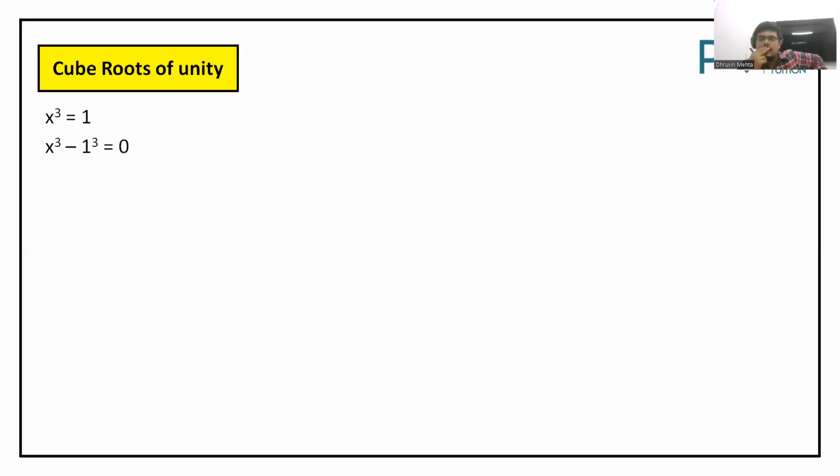So I've taken one to the left. We have x cube minus 1 cube equal to 0. Do you realize this is one of the expansion formulas, a cube minus b cube? So what is the formula for a cube minus b cube? a minus b into a square plus ab plus b square. And now we'll get two possibilities. One is x equal to 1. Other is x square plus x plus 1 equal to 0. बराबर? Now this x square plus x plus 1 equal to 0, Arush, you have to solve